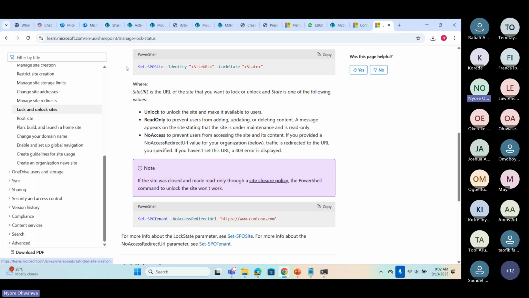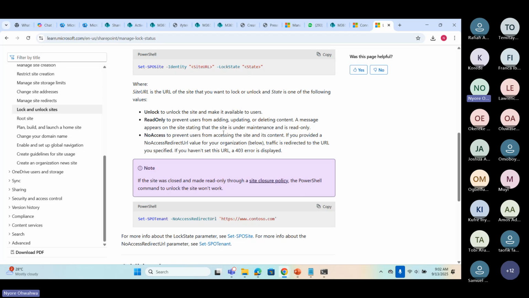So this is the command for locking and unlocking a site, and then you have different states. To lock a site, this is the site URL. You're going to put the site URL here. The state Unlock makes the site available for all users. ReadOnly prevents users from adding, updating, or deleting content.